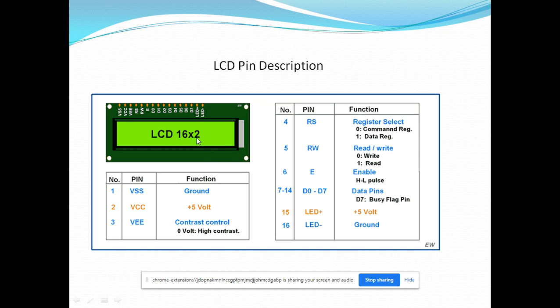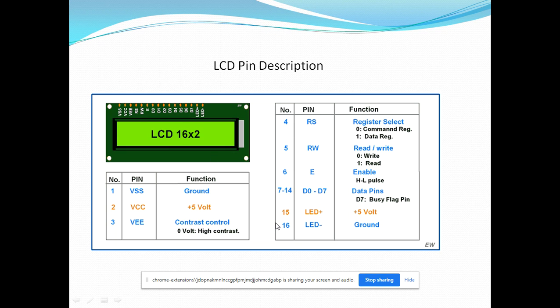We can send 8-bit data on these data pins through microcontroller port. And to control the backlight of LCD, there are LED plus and LED minus pins, also called anode and cathode, in which you need to apply 5 volt supply, to control the backlight of the LCD.